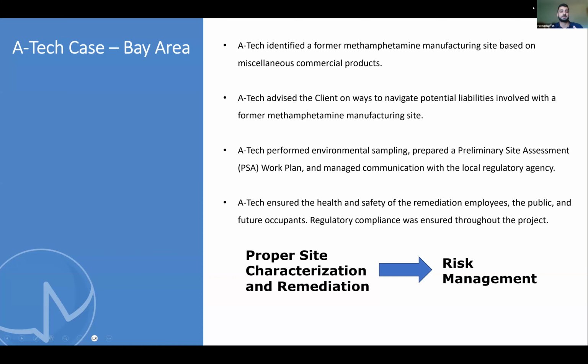If you see any of the signs we talked about in the previous slides, bring in someone to double check that for you, to give you that clearance that yes, you have a problem, or no, you're good to continue with whatever you're doing. To throw it all together, proper site characterization or remediation is the key for risk management. As Roosevelt showed us with the trends, every year this trend is exploding. It's something we need to address now, and if we don't, it's going to come to us regardless. So for risk management, if there are any signs of a meth lab or drug use, it's very prudent to be on top of it and investigate it before the matter.